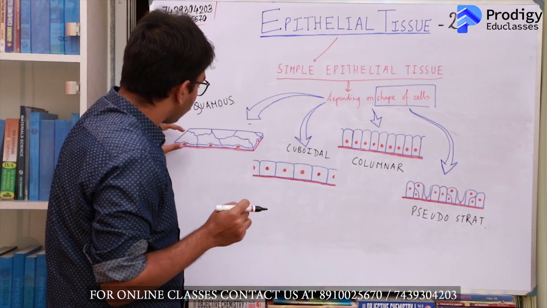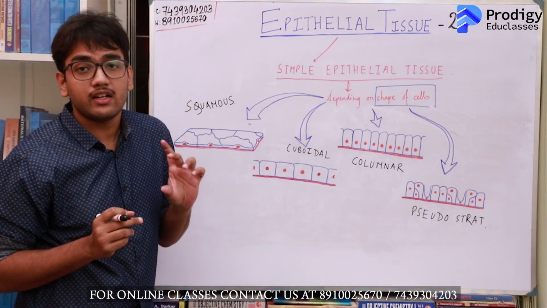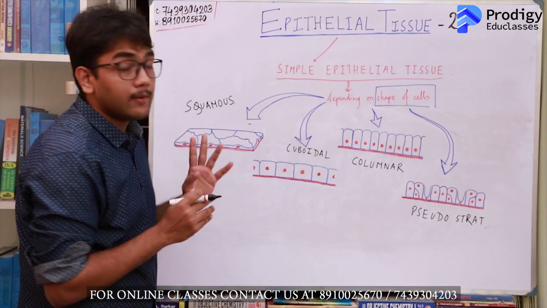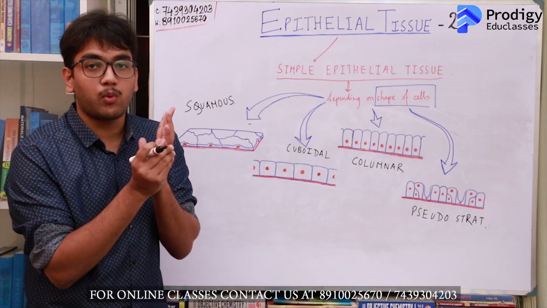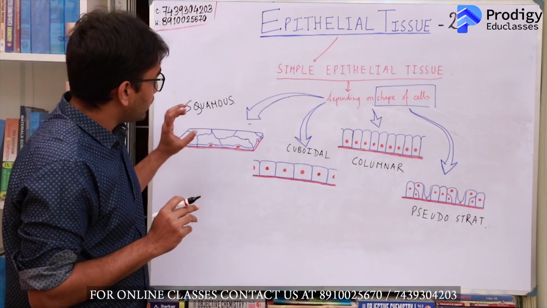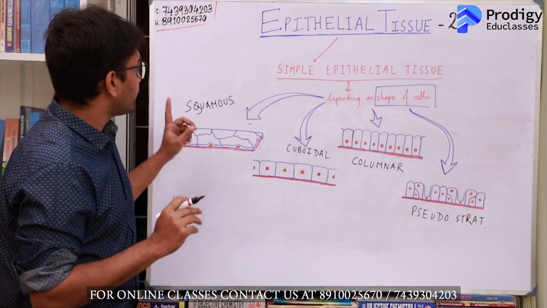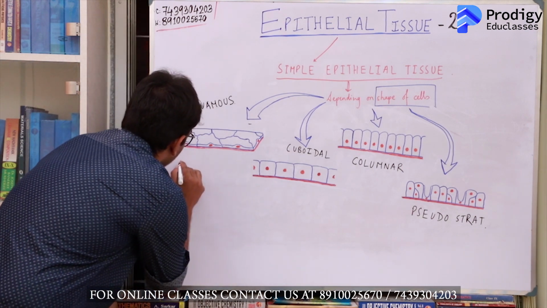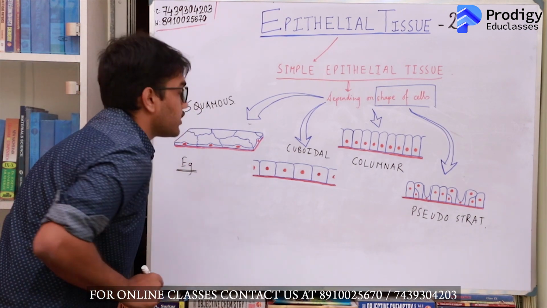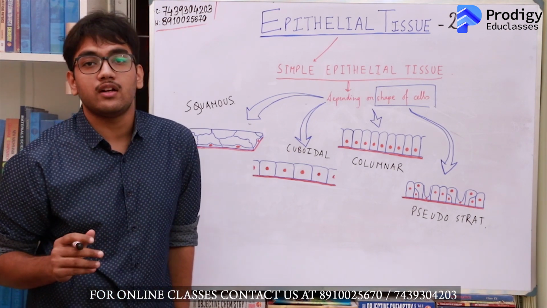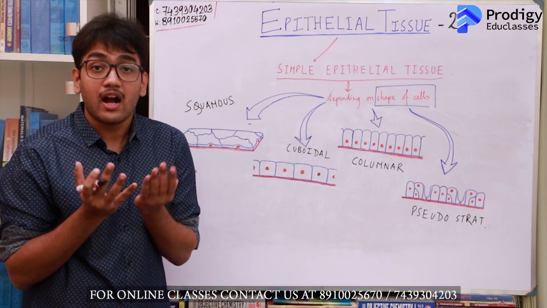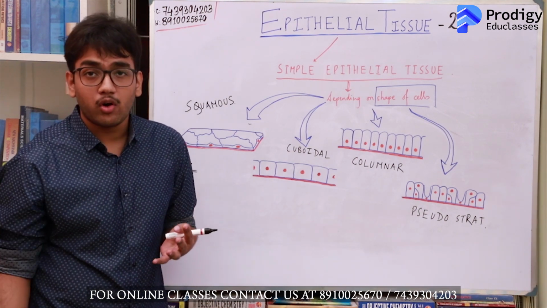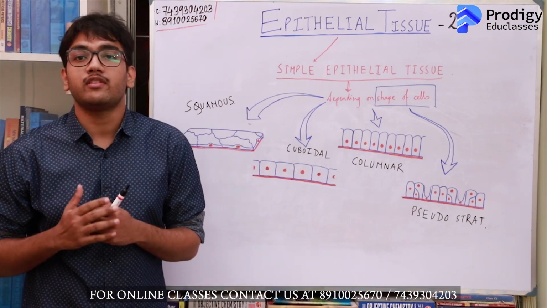So when I have a very thin layer of single layered epithelial tissue, definitely I don't want protection, absorption or secretion. What do I want? I want exchange. So whenever in our body, at any kind of tissue, we need that tissue to take part in efficient exchange, squamous epithelial tissue will be present there. Now if you think a little, you will be able to identify the locations of squamous epithelial tissue on your own. Look at simple squamous epithelial tissue in the linings of alveoli in the lungs, where there will be exchange of oxygen and carbon dioxide between the inspired air and the body. There you will find the presence of simple squamous epithelial tissue.